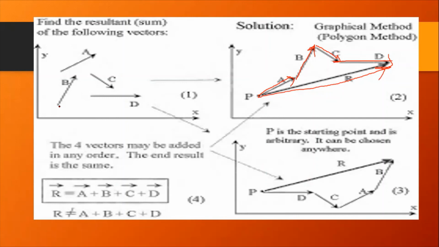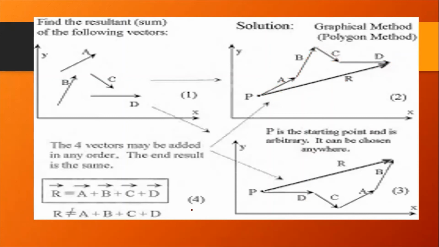In the other case, we are going to start from vector D, then D, C, A, B. First we will take vector D straight. Then we will take vector C, it will go down inclined. Then we will bring up vector A, and then further it goes to vector B, and then we will find the resultant. So our vector R equals A plus B plus C plus D. But you cannot add it simply like scalar quantities, because these are vector quantities. So this is the way you can make the polygons, and graphically connect the vectors by the head to tail rule method.